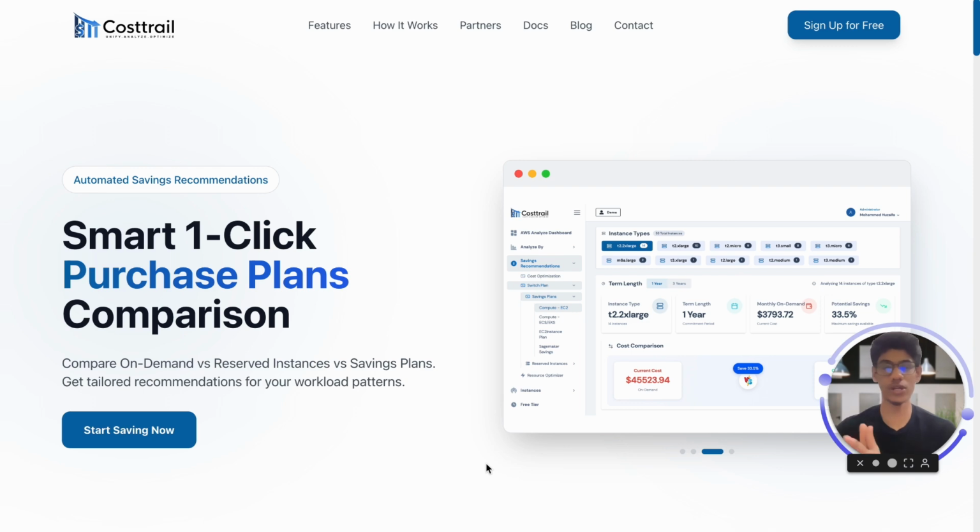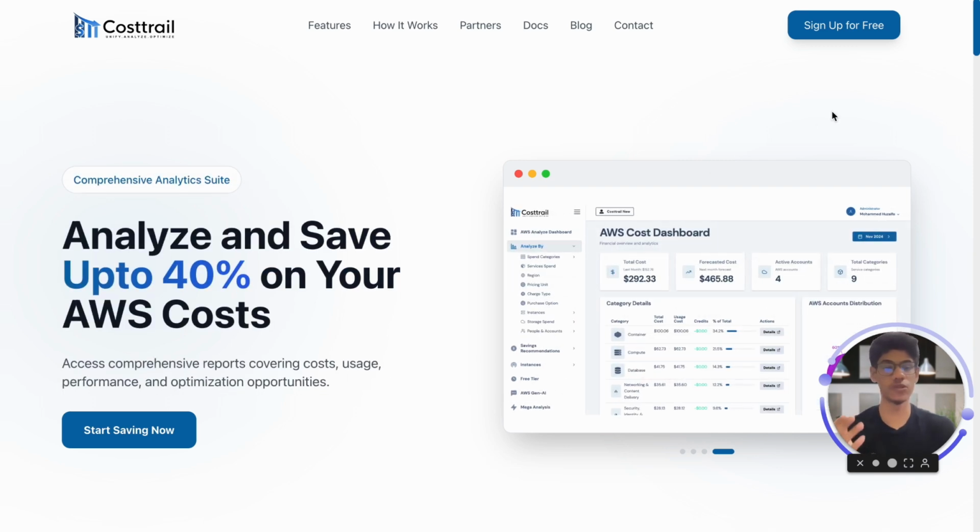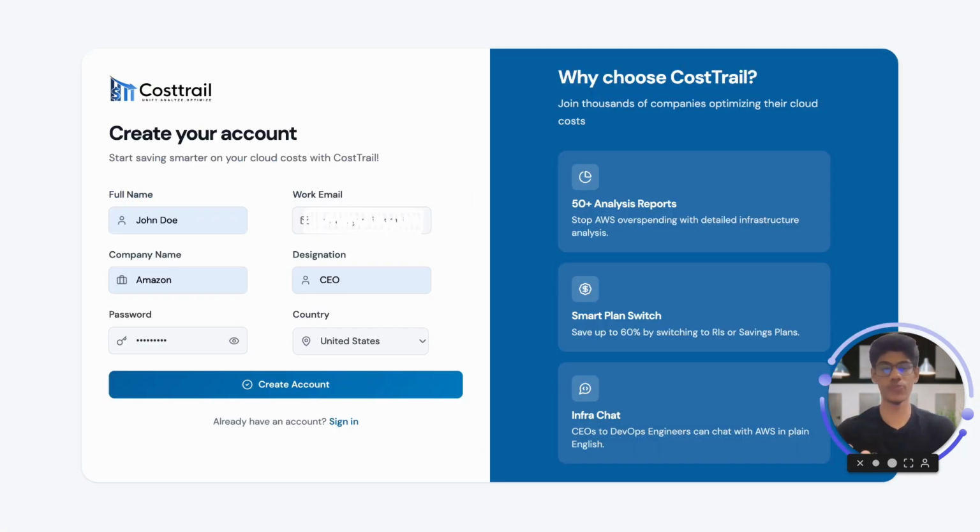So we are already on our website CostTrail.io. You just have to click on sign up for free and you will be redirected to our sign up page. Just enter your basic details like your full name, the work email, company name, designation and all, and simply click